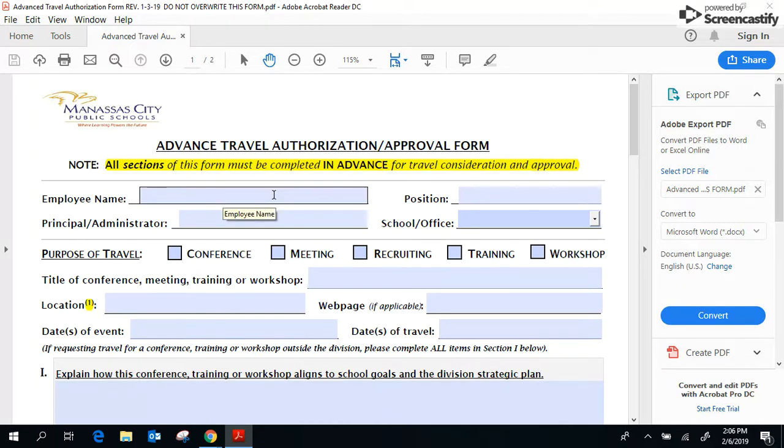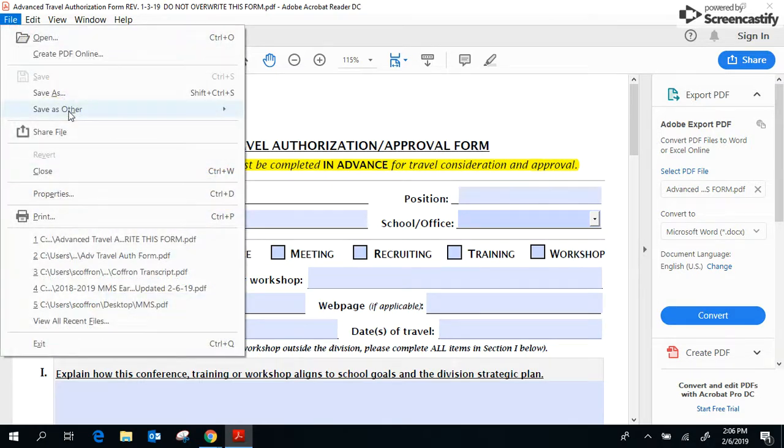Keep in mind that there are 2 types of forms we're going to have. We're going to have a fillable form, which is what we have now, and I can fill this out, I can save it, and then when I'm ready to continue with it, I can open it up again, and I can continue working. So if I go to Save As,